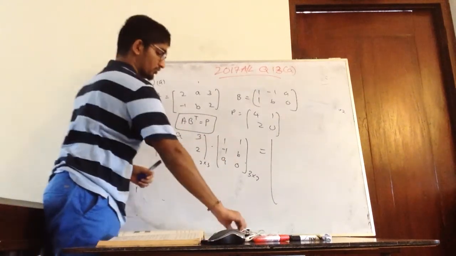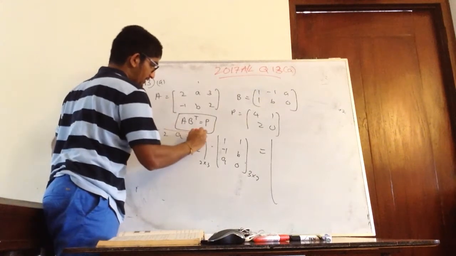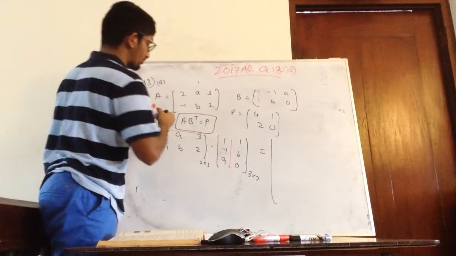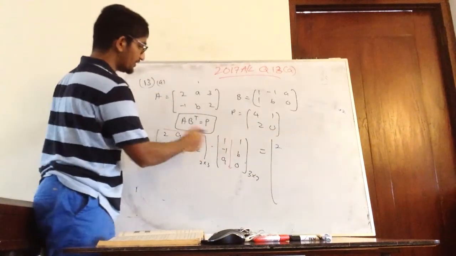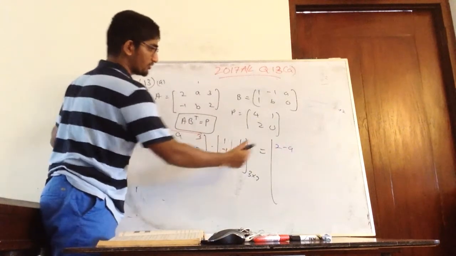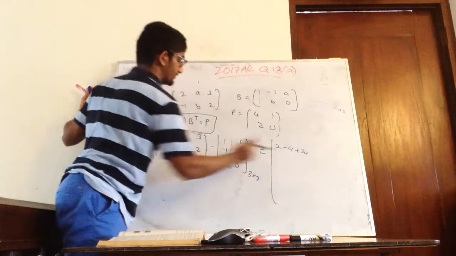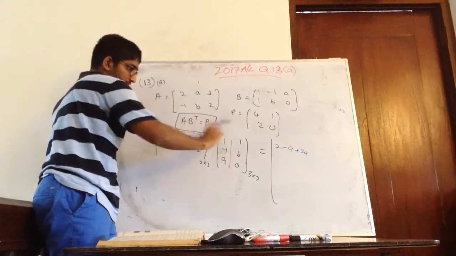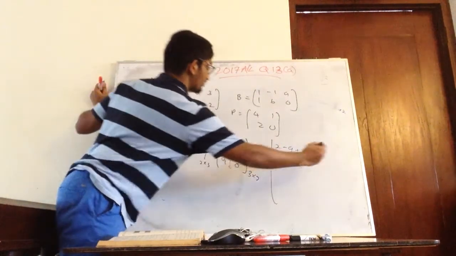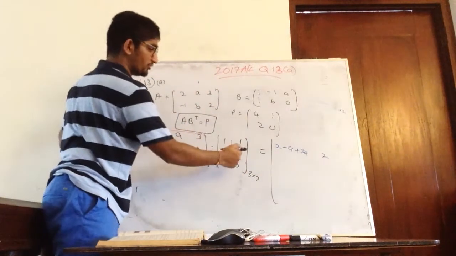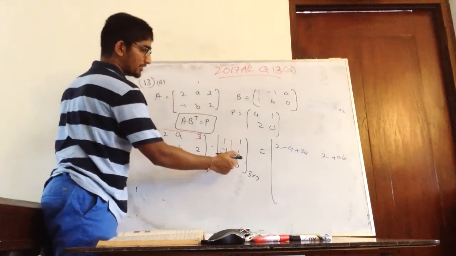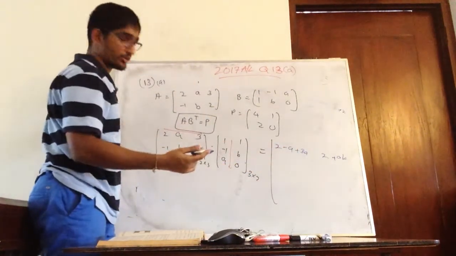What answer we get. So how do you do this? You multiply this by this. So that is what? 2 times 1 is going to be 2. Then 1 times -1 is going to be minus A. 3 times A is going to be plus 3. So here the next one is going to be what? This in terms of this times this. That is 2 into 1 is going to be 2. A into B is going to be AB. Then 3 times 0 is going to be 0. So no need to write the 0 down.